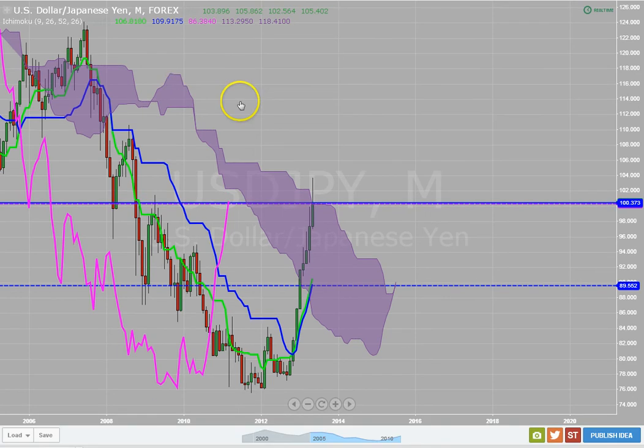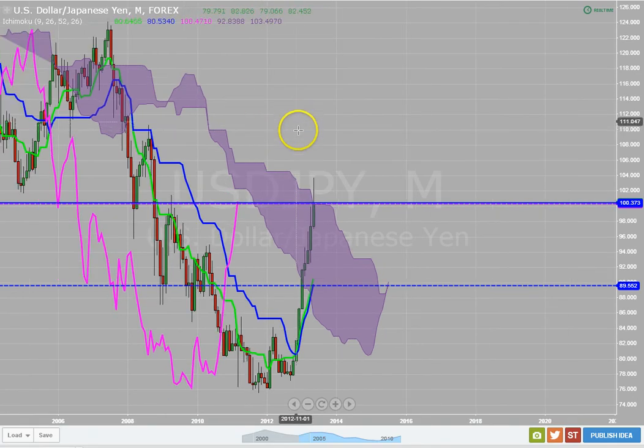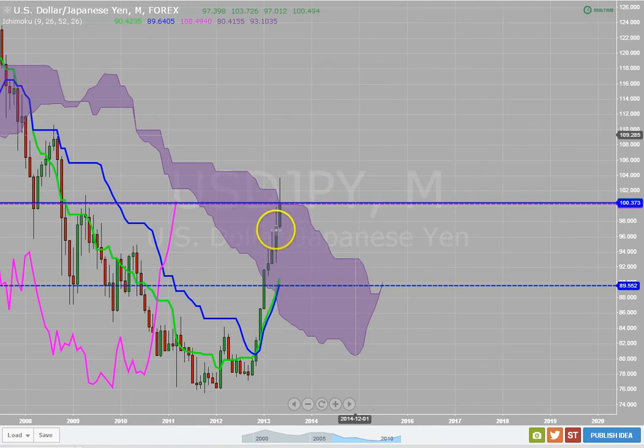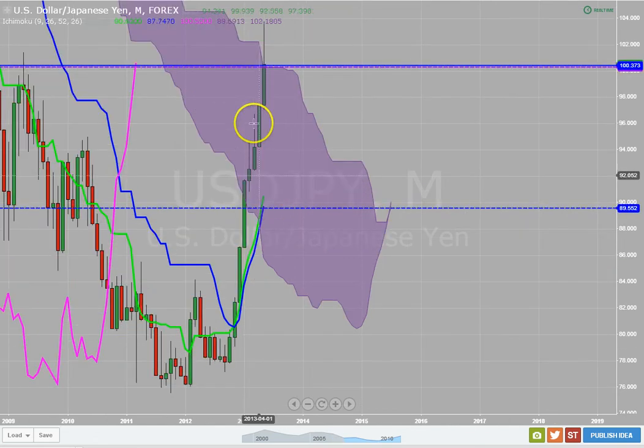This is the US dollar yen on the monthly time frame, and you can see this is beautiful right here. Like I said, pullbacks happen on every time frame. All right, so here goes the market going up, and now it couldn't break this cloud. You could see the cloud here, and today's the end of the month, so this candle is going to close here with this nice wick representing weakness at this point, where the bulls couldn't push this any farther. They got it up this high, but the bears pushed this right back down, representing that on a monthly time frame.